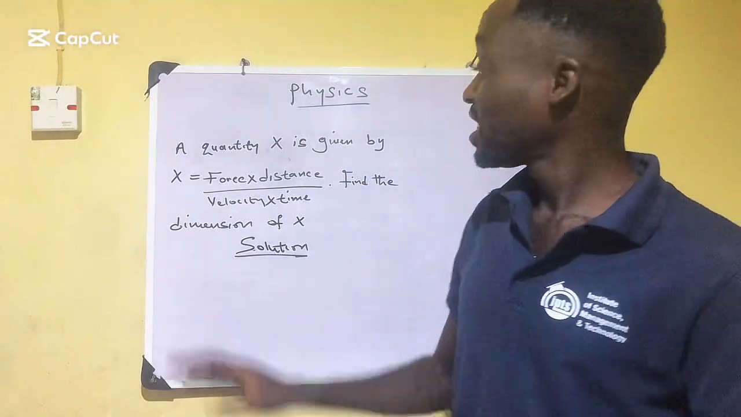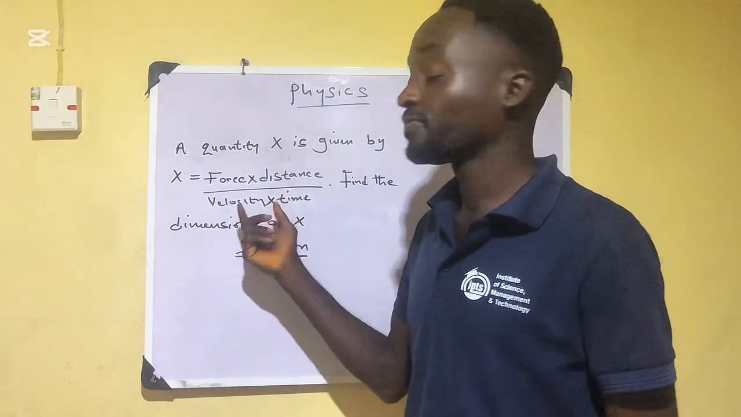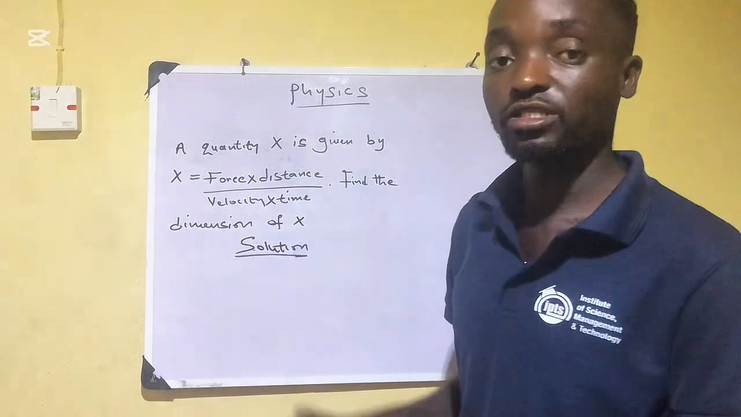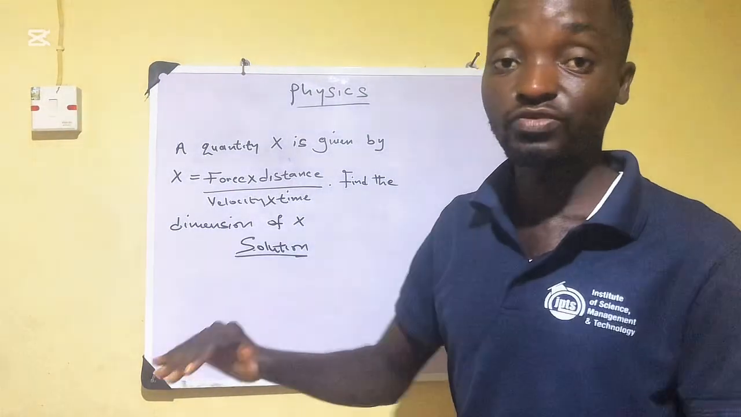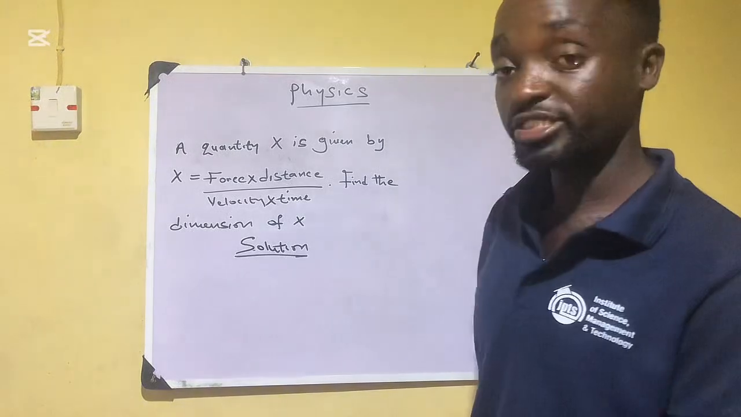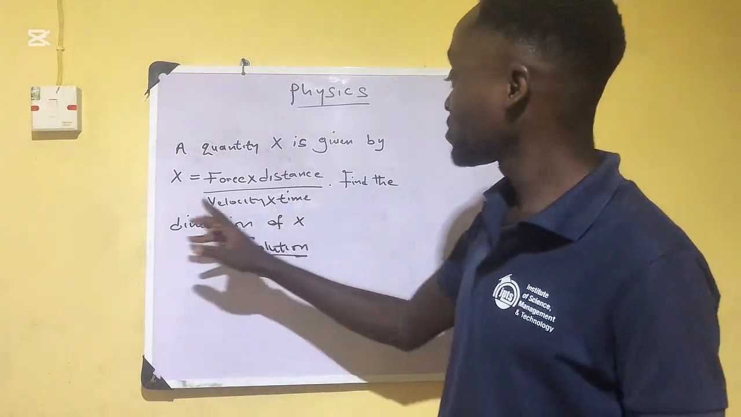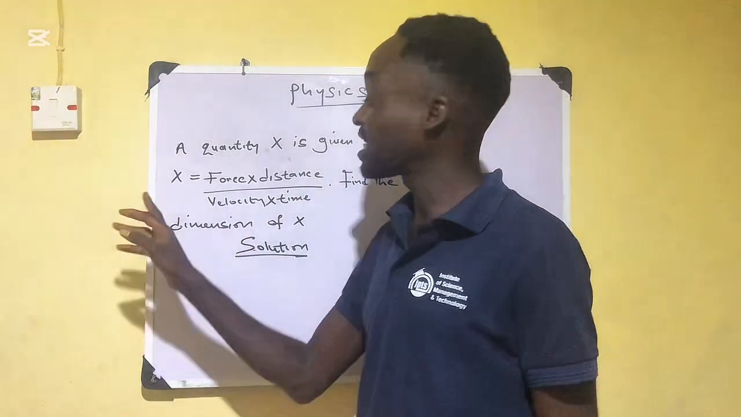So earlier today, I posted this question and asked that we provide a solution to it, but only a few people attempted it. So I said, all right, let me solve it so that we can all follow together. Is that clear? Now the question is asking us to find the dimension of x, given that x is force